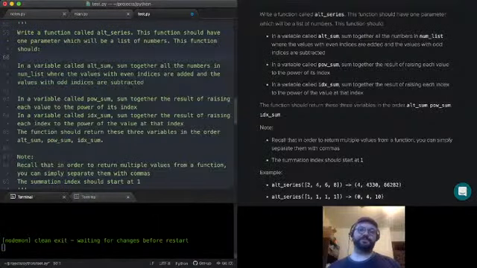Cool. So write a function called alt series. This function should have one parameter. So there's my input, which will be a list of numbers. So that describes my input. The function should, so it sounds like a process now, in a variable called alt sum, sum together all the numbers. Okay, so I'm going to bullet this. In a variable called alt sum